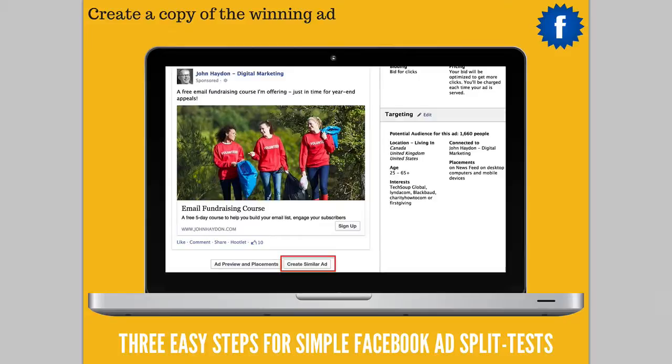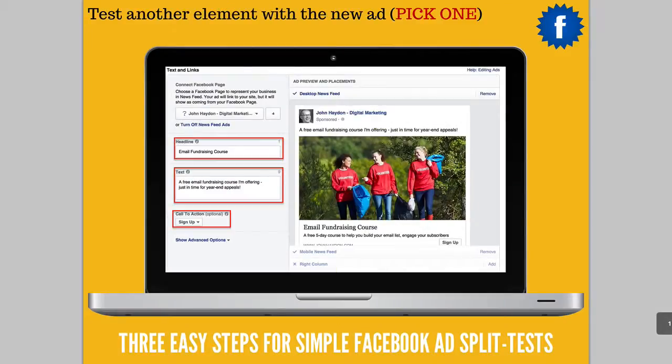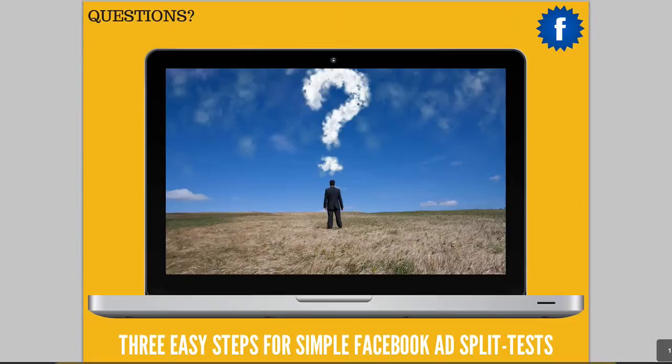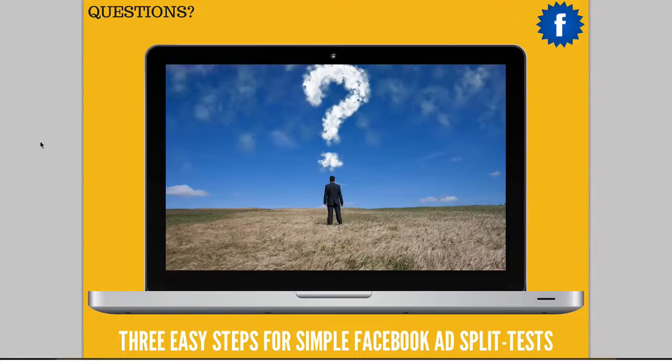You click on each ad, it will expand it. You'll see a preview of it. You will see targeting information and so forth. And you simply click Create Similar Ad. And then you're good to go. Create a similar ad. Once you do that, then you can test another element, the headline, the text, and even the call to action in this case. And that is it. So I'm going to go through this whole process real time so that you can actually